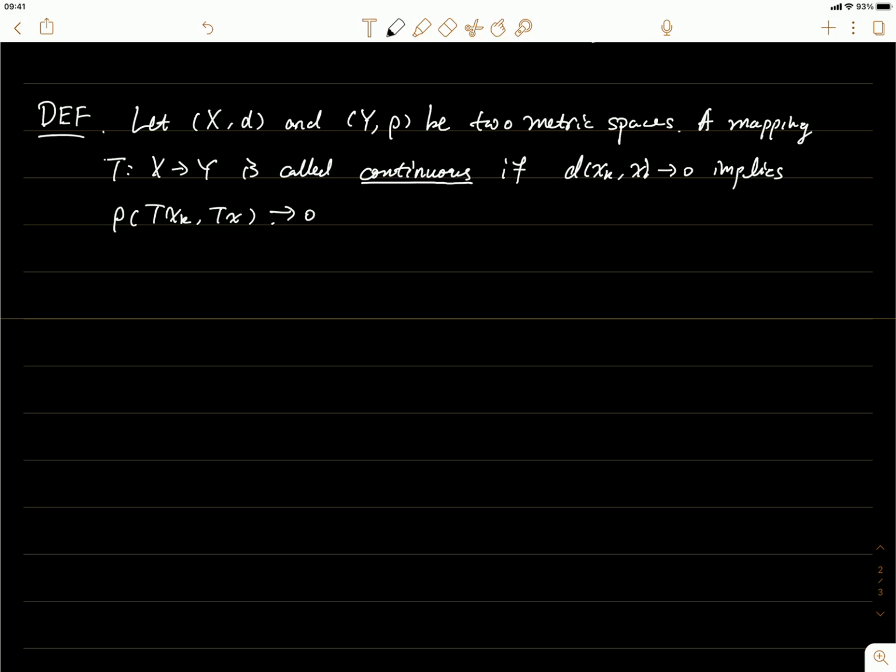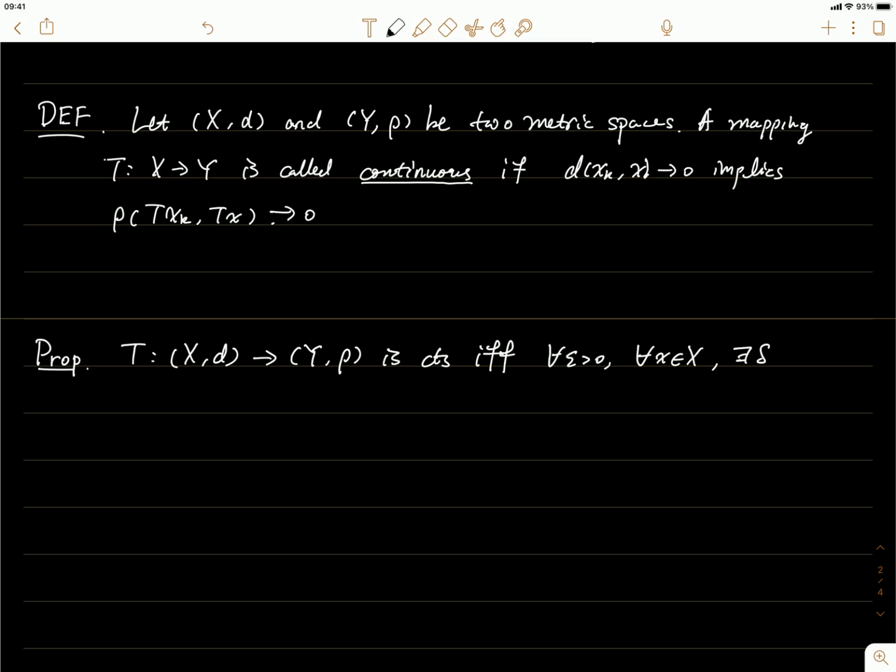Okay. Now, a more proper or more common way to define this, as you know, is to use the epsilon-delta language. And we'll see that these two are actually equivalent. So we have a T that is a mapping from this metric space to the other metric space, which is continuous if and only if for any epsilon and for any X, there exists a delta, and apparently this delta depends on the epsilon and X,